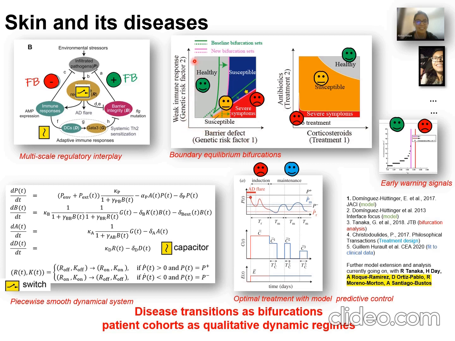So in this case, we knew from before what the most prominent genetic alterations that could lead to a loss of health in the skin are. Basically, they correspond to alterations in the feedback strength. One corresponds to a weakened immune response, a low ability of secretion of antimicrobial peptides, and the other corresponds to a basally more permeable barrier, given by a lack of expression of these tight junctions